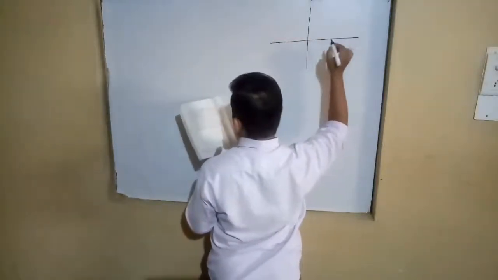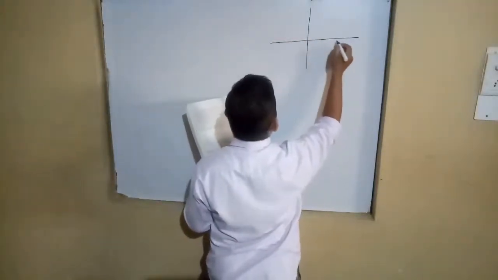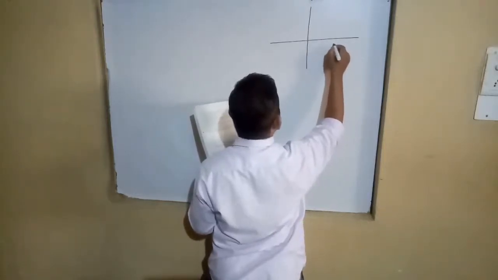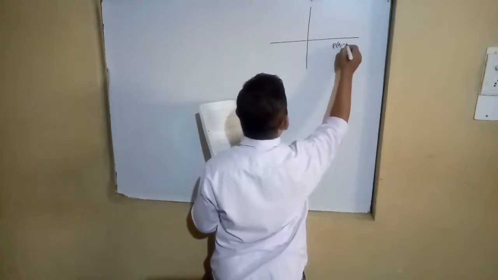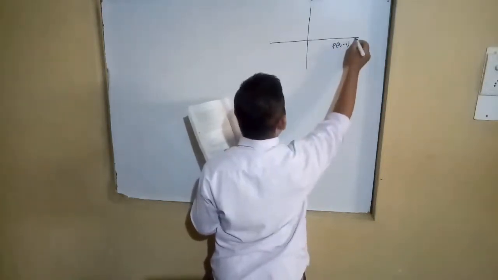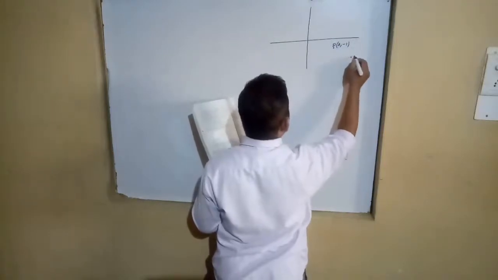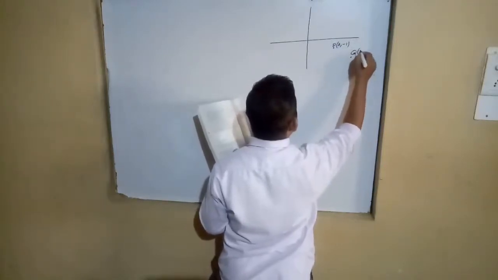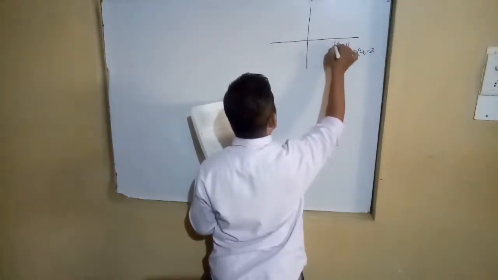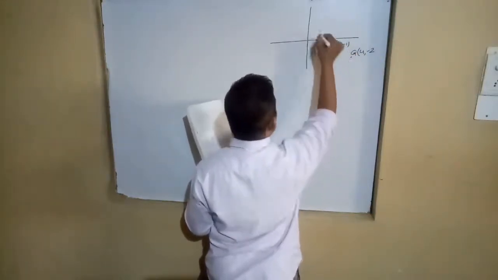the given 2 points. The first is (3, -1): x is equal to 3, y is equal to minus 1. Suppose this is point P, (3, -1). And the second is (4, -2): x is equal to 4, y is equal to minus 2. It will come somewhere here. Now if we join it,